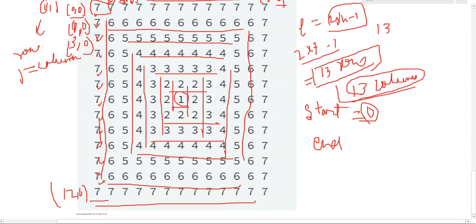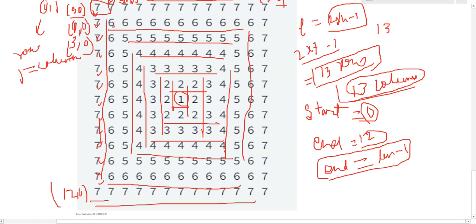It will go up to 12, right? So we can derive the formula: end equal to length. The length is 13. Now 13 minus 1, understood? So end is going from 0 to length minus 1, that is 12.